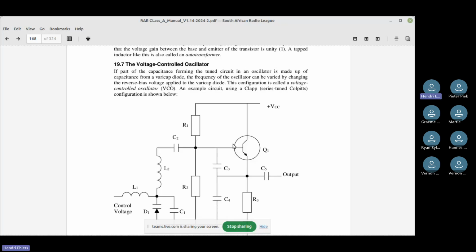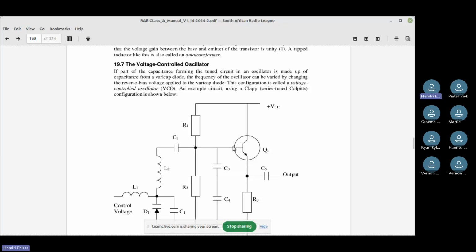If part of the capacitance forming the tuned circuit in an oscillator is made up of capacitance from a varicap diode, the frequency of the oscillator can be varied by changing the reverse bias voltage applied to the varicap diode. This configuration is a voltage controlled oscillator. So that's also important. If they ask you what a VCO is, you must know that it's a voltage controlled oscillator.